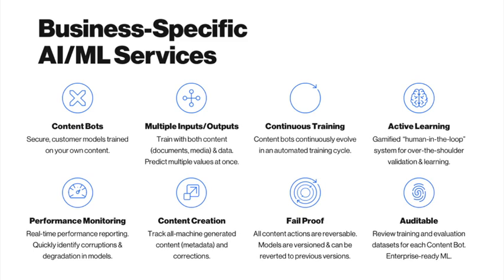We also want to make sure that we don't cut the human out of the loop. Having the human in the loop helps with active learning. We want to check on the results and make sure they're okay. We also want things to be auditable, so we can review the training and evaluations for each content bot and make sure it's right. And if a model isn't working, we want to be able to scale back and use a previous model